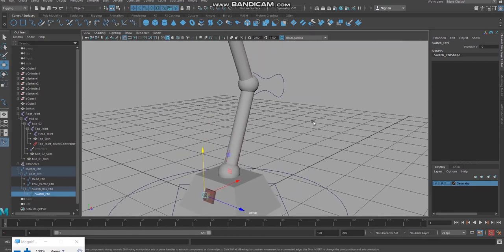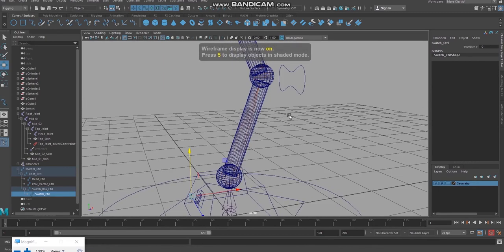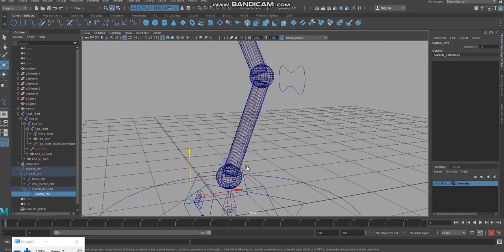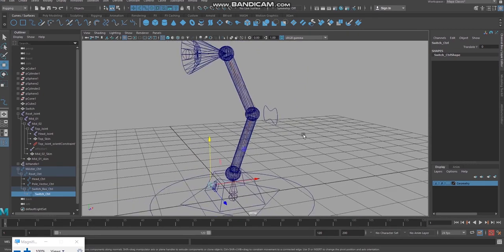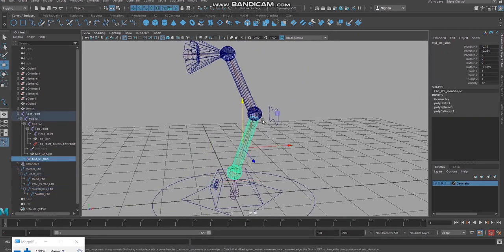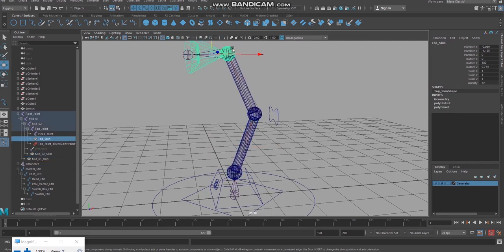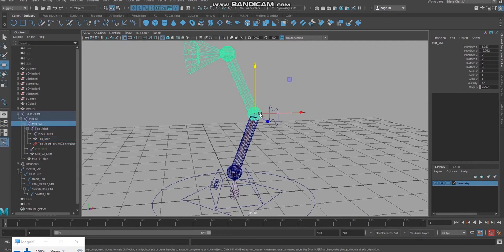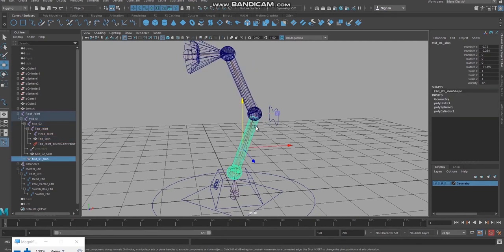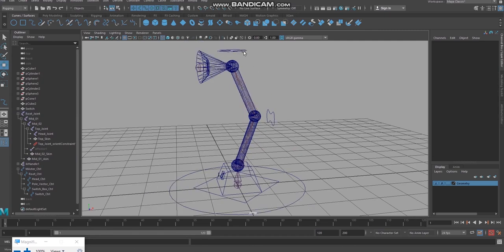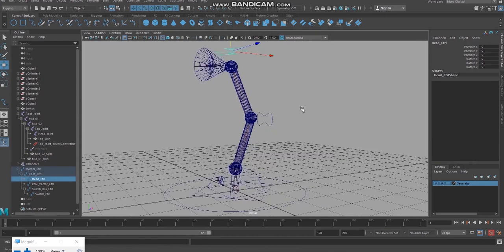Then previously we have given parent child connectivity. We have combined what are all the body parts needed, and we have given proper naming for those body parts, right? And we have combined, sorry, we have given parent child connectivity, not constraint, parent child connectivity. Okay, keep in mind clearly. So it is done as of now.